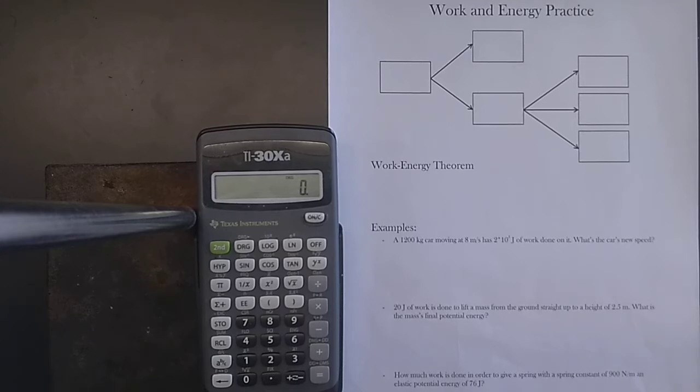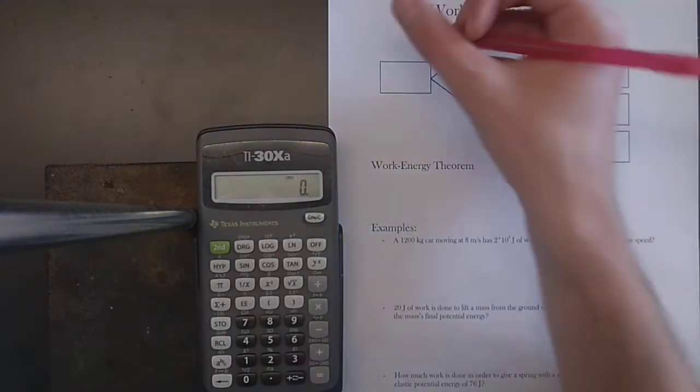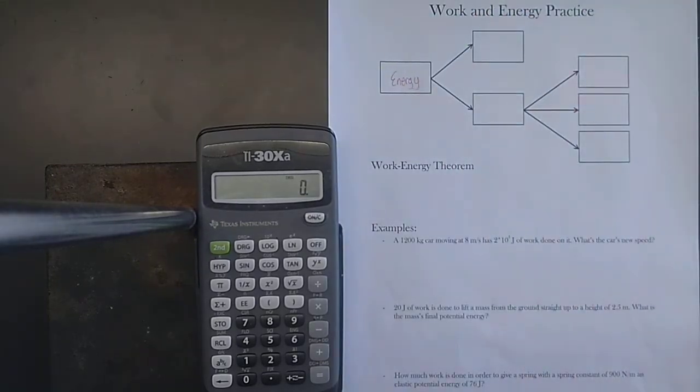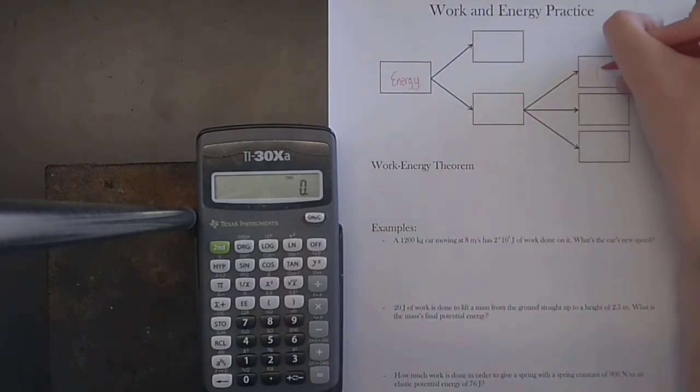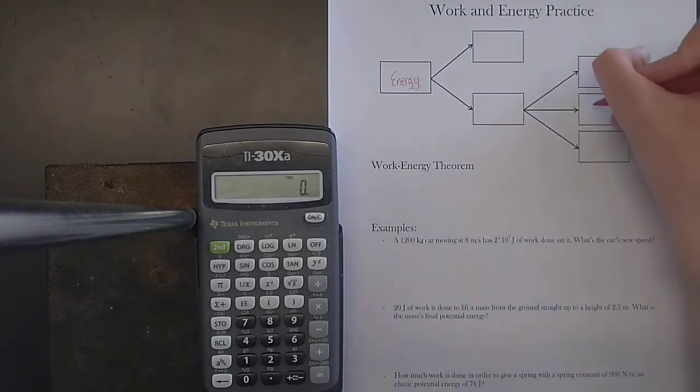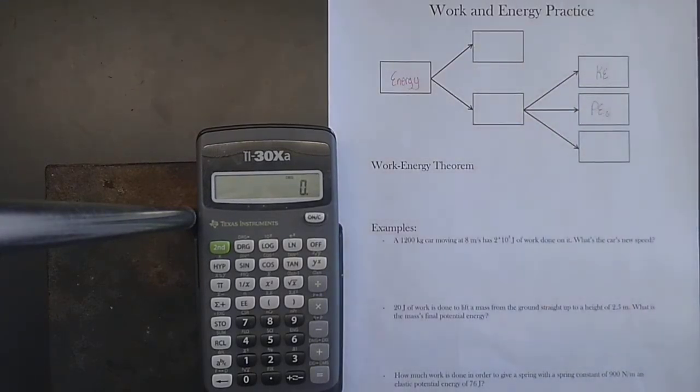In other words, if work is done, how does that affect the types of energy that an object or system has? So to start, we're just going to create a flow chart that shows how you can classify different types of energy. Some of the different types we've talked about include kinetic energy, which is the energy associated with an object that's moving, gravitational potential energy, which is energy associated with some object being up above some other more massive object, such as something being held up above Earth's surface,